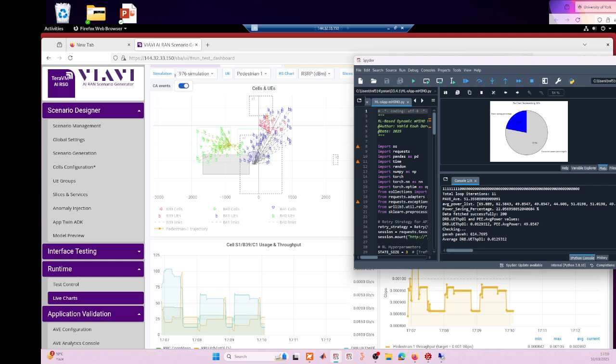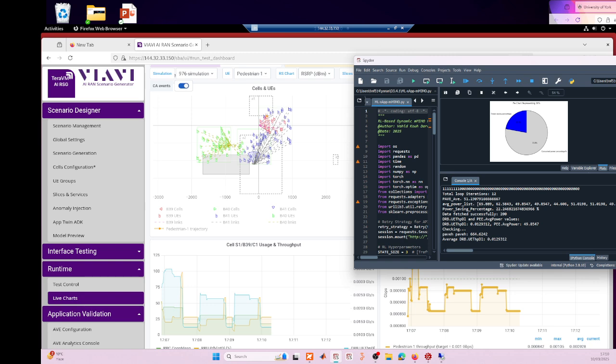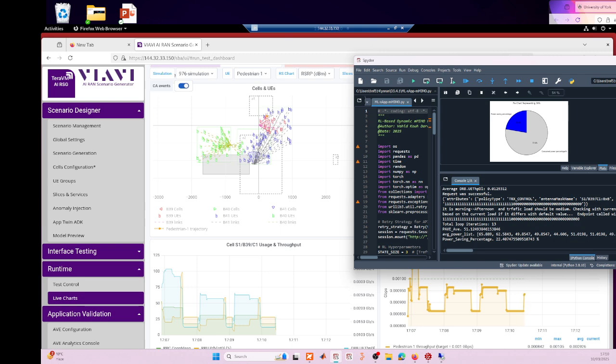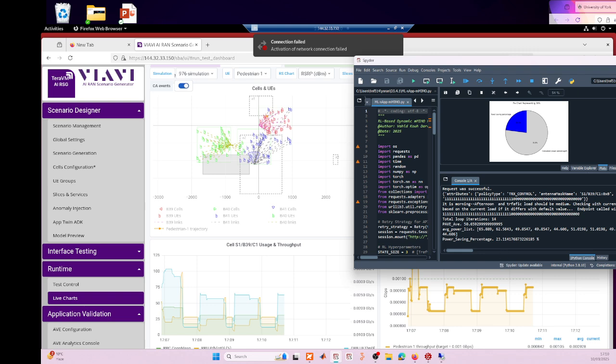These KPIs go through a machine learning process, and after that the optimized and best massive MIMO configuration order is finalized. As a result, we can see that we are again in the 32T32R state,